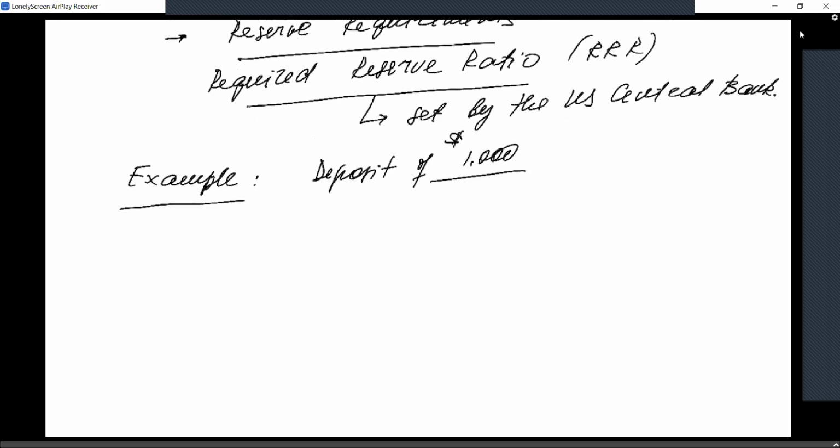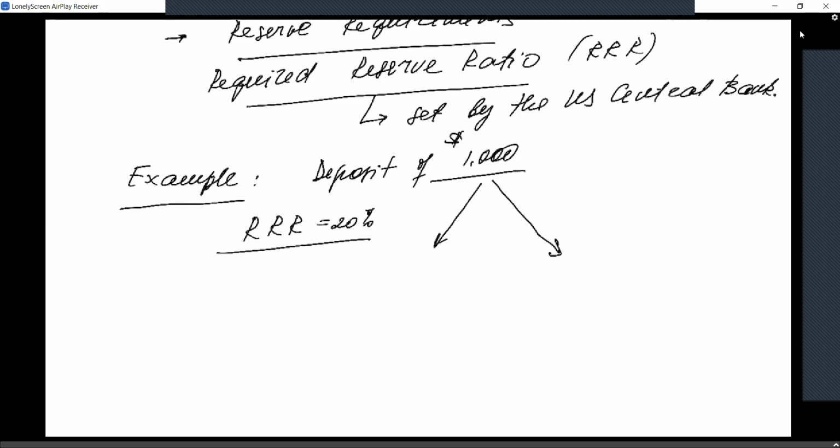Let's say the bank that you are banking with has a required reserve ratio of 20%. What does it mean? That means the entire deposit that you just brought to the bank will be split